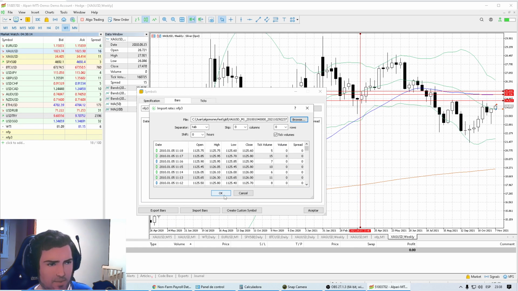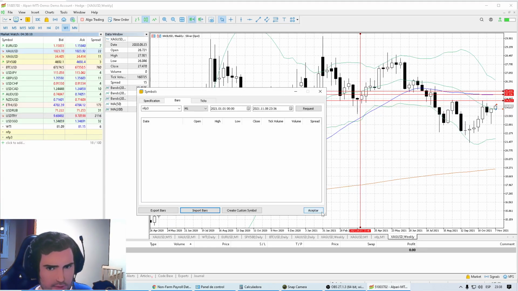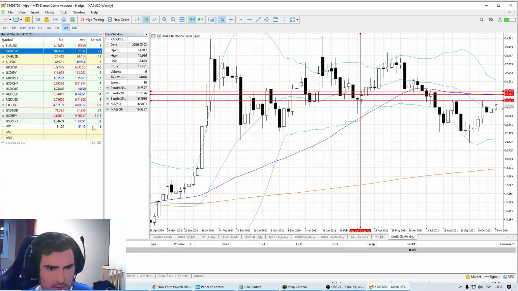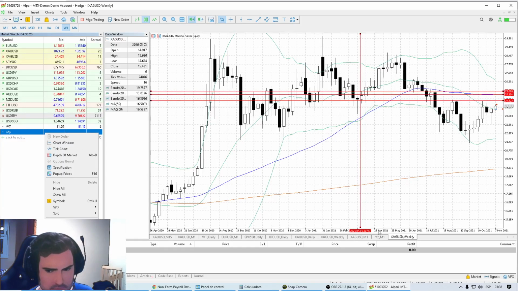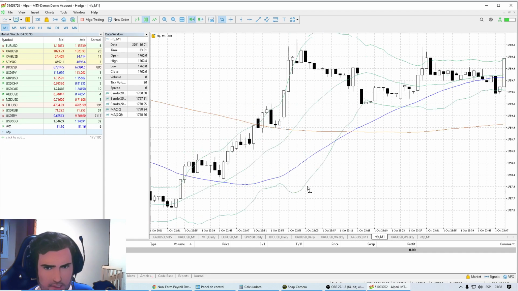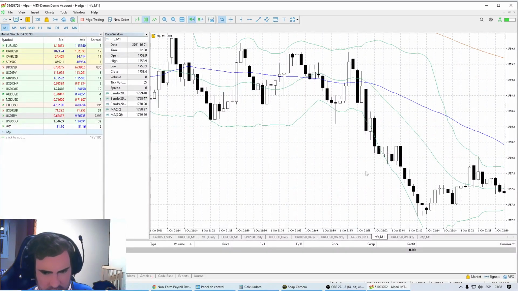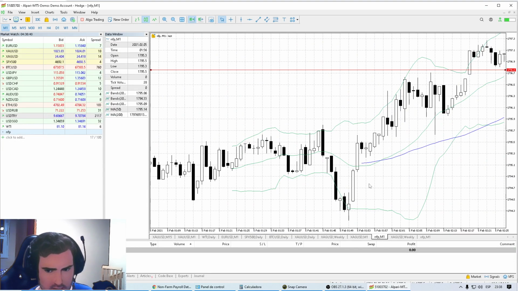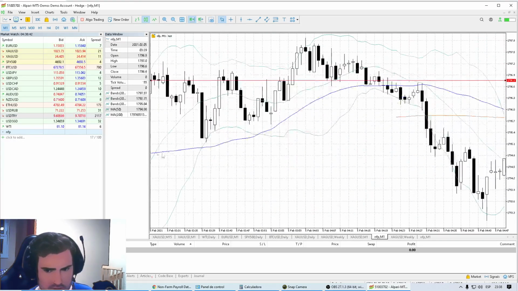I will add the NFP dates for only one chart. I have already done that, and I have that in the NFP. This is called the NFP chart. So I right click on that and choose chart window, and I will get all the NFP dates in one chart. So with the NFP dates in one chart, I will go to the first Friday I have in these data sets, and you will see that